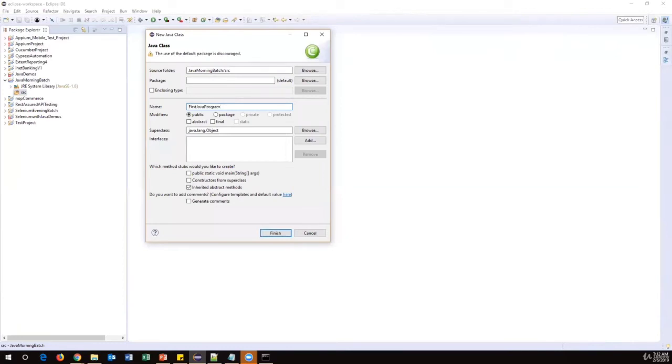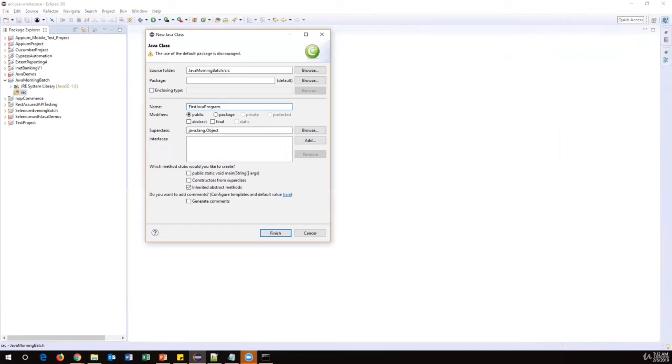Whenever you are giving a name to the class, it should start with an uppercase letter. Remember this. All class names should start with an uppercase letter, and the class name should not have any special characters, and should not have any spaces. And the class name should not start with numbers. It should always start with an uppercase letter and alphabet. You can use numbers in between the name or at the end of the name, but the class name should not start with numbers.